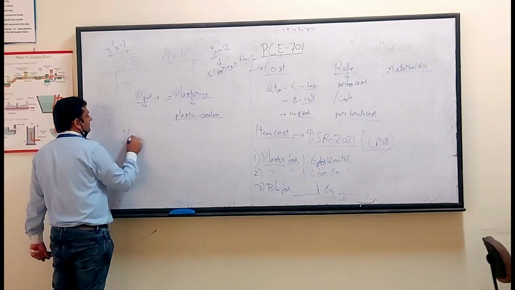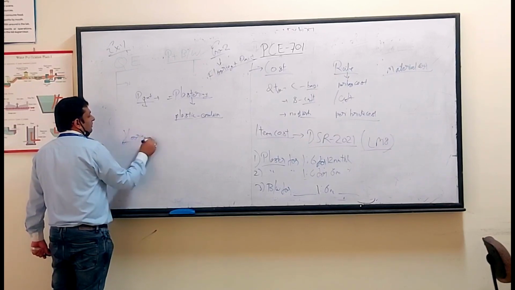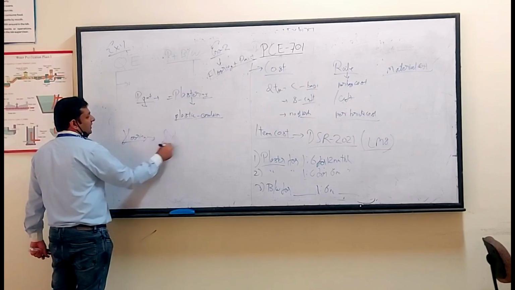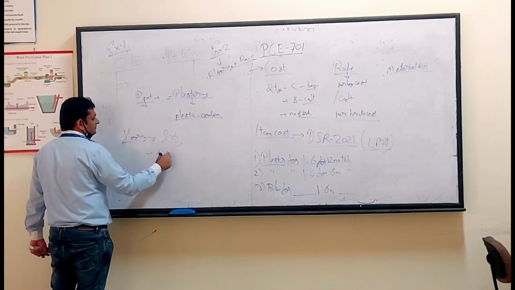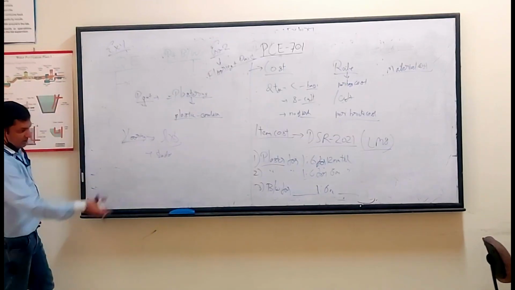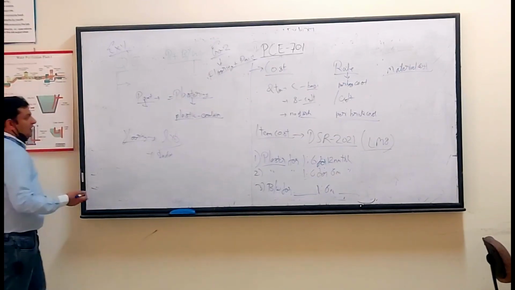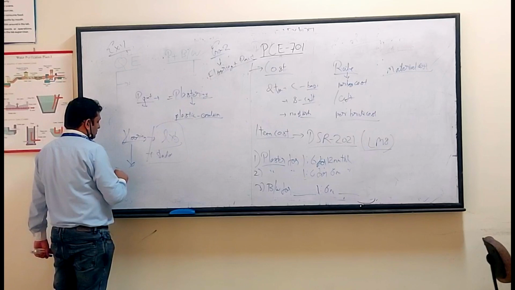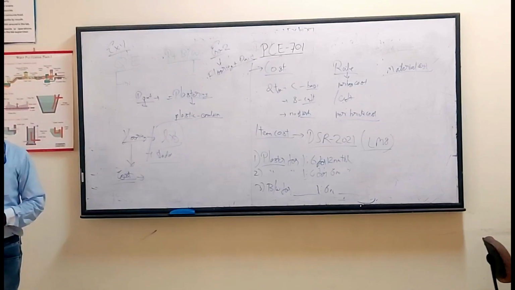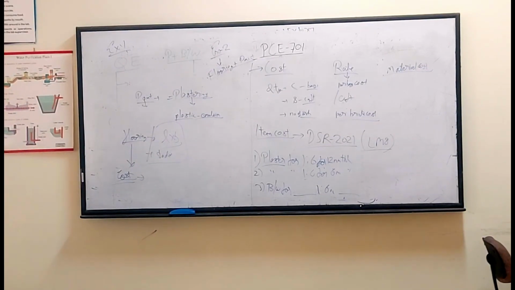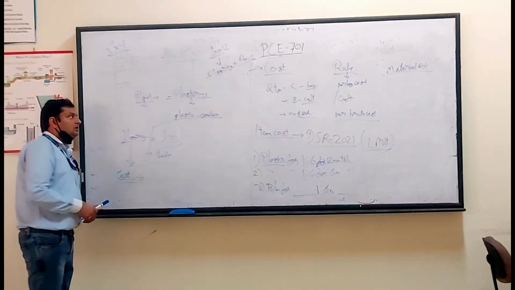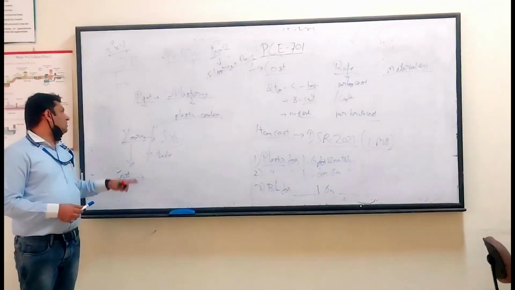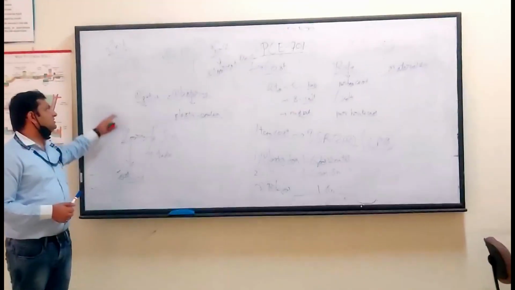Second will be flooring. For flooring, we just have to measure L into B, area plus skirtings or tiles. So skirtings over here, this portion, this will be added. We will add the area and calculate that. For flooring again, there is an item in the DSR which will give you the cost for what? Flooring, including the concreting which is required to place this floor. In this estimate, we will directly take the values from the DSR for the cost. Here the costing and material calculation is very easy in the second experiment.